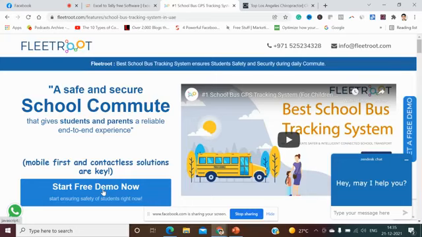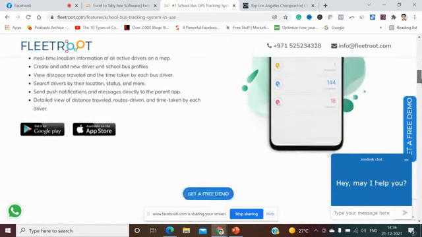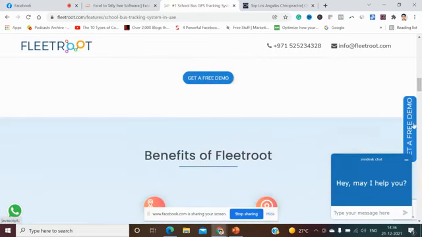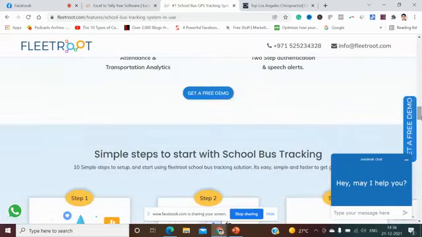You can see one call to action button, then a second call to action button. We have also added the live chat integration here. I'll scroll down, so you can see the third one, and the fourth one.